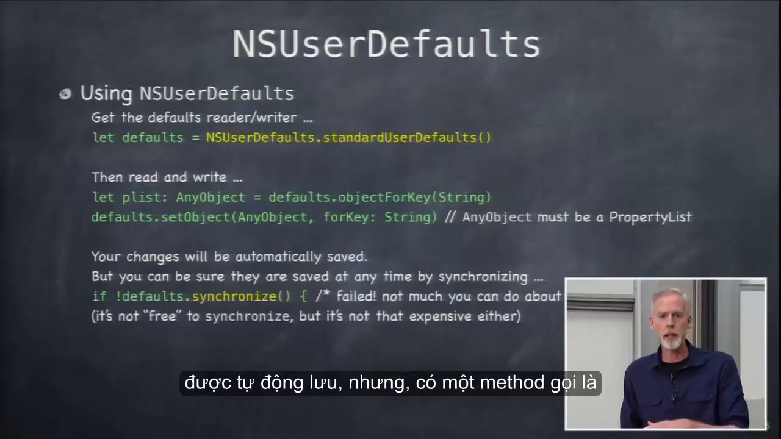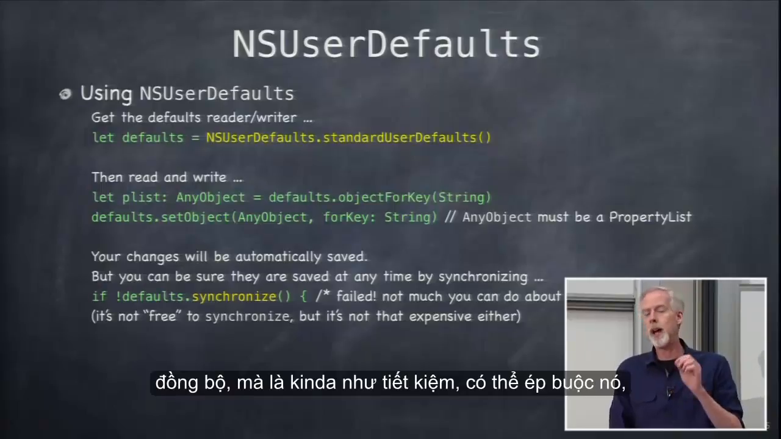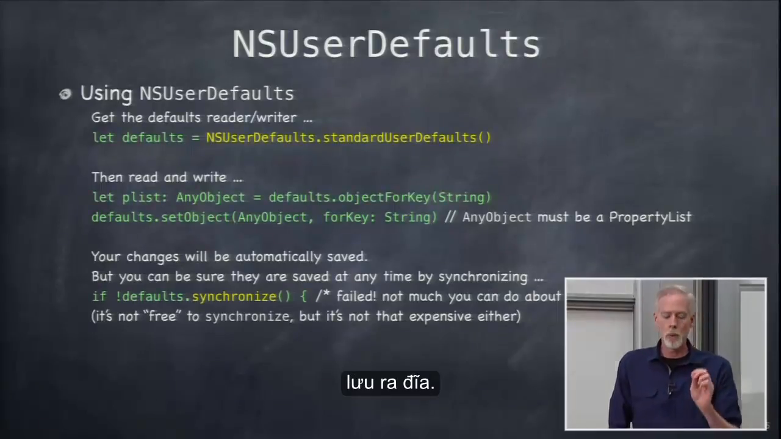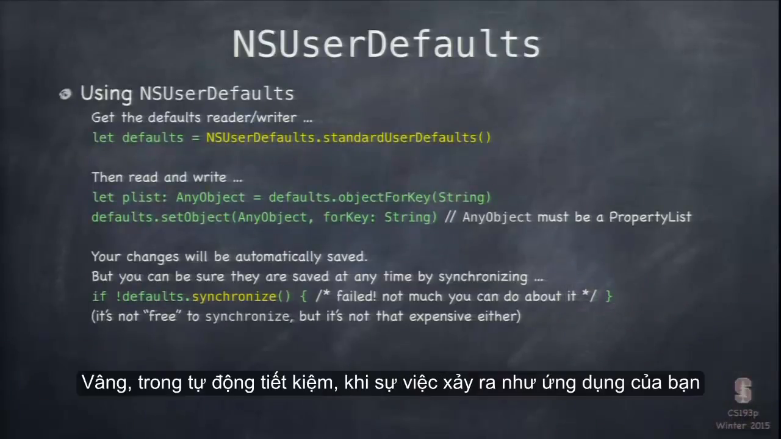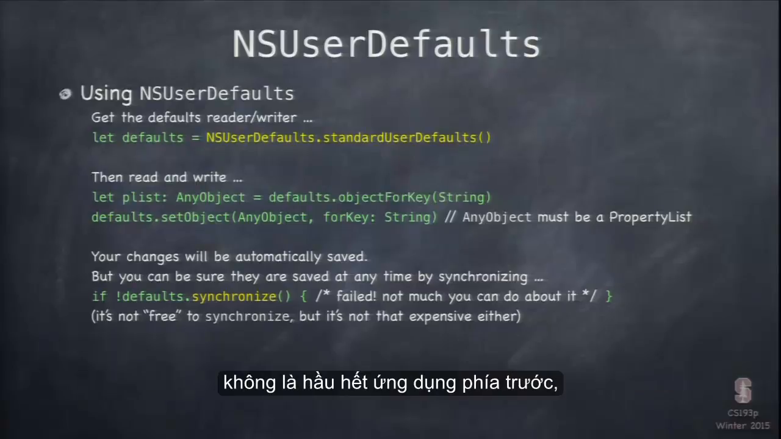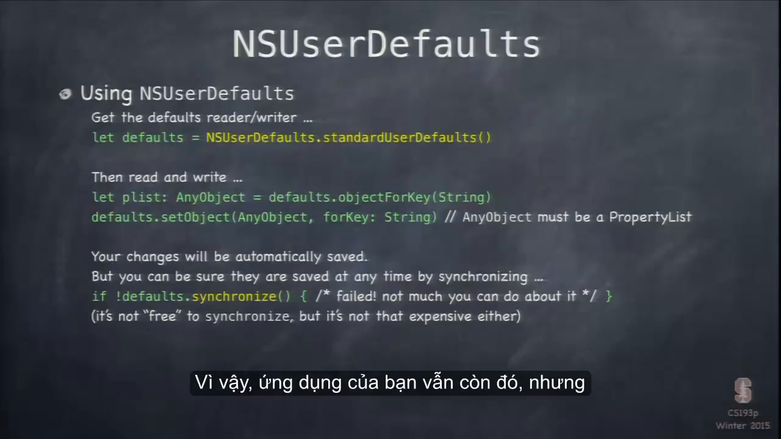Now, the changes you make in there are automatically saved, but there is a method called synchronize, which is kind of like save, which can force it to save out to disk. Why do you ever need synchronize when it autosaves? Well, it autosaves when things happen like your app stops being the frontmost app. The user switched to another app, and so your app is still there,